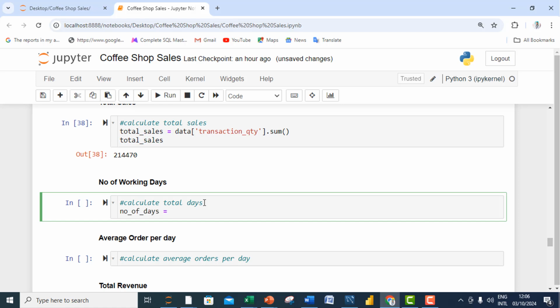In this variable, we are going to store the difference between the latest transaction date, which we calculate using the max function, minus the earliest transaction date, which we calculate using the min function. So we are subtracting the minimum date of transaction from the maximum date of transaction, and the result will be